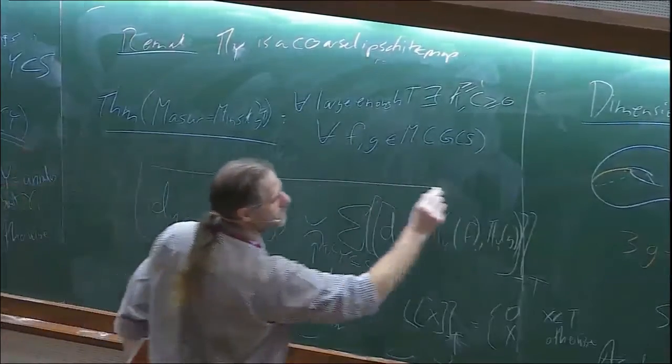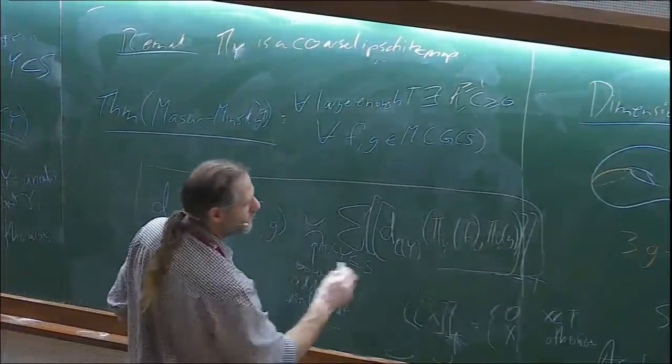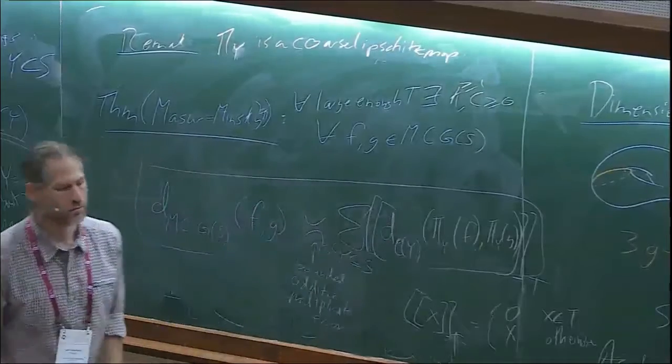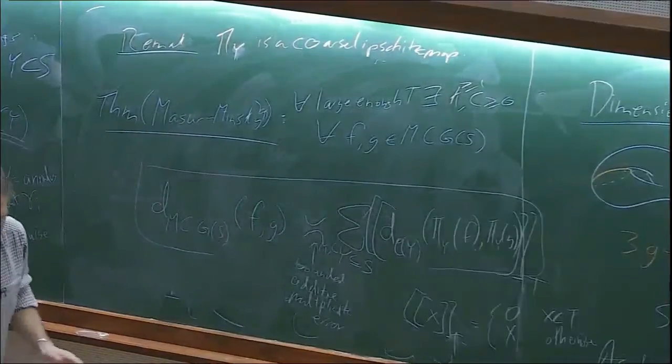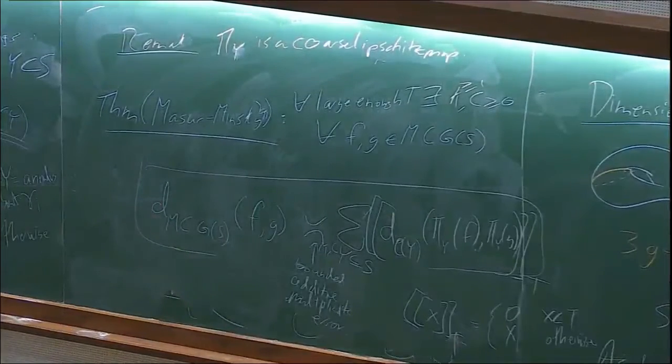Okay, so distance in the mapping class group is encoded by an infinite collection of distances in the curve complex of Y. And how close to my 5 minutes am I? 3 more minutes? Okay, so